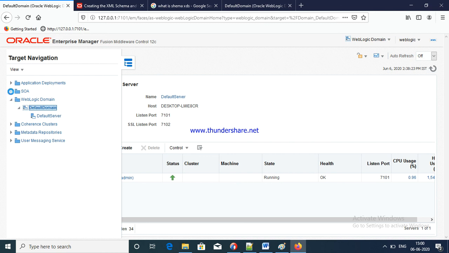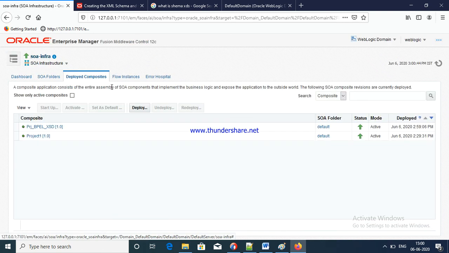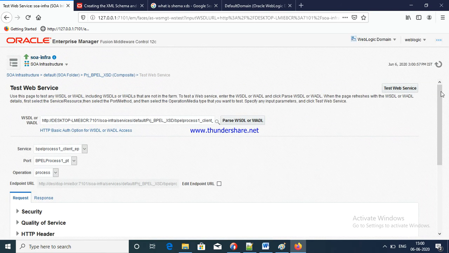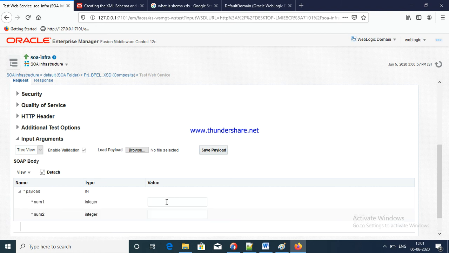Okay, now SOA infrastructure, default composites. This is my XSD. Just I am going to click test button. In this test button I am going to give inputs. Okay, my input is 504 plus 100.